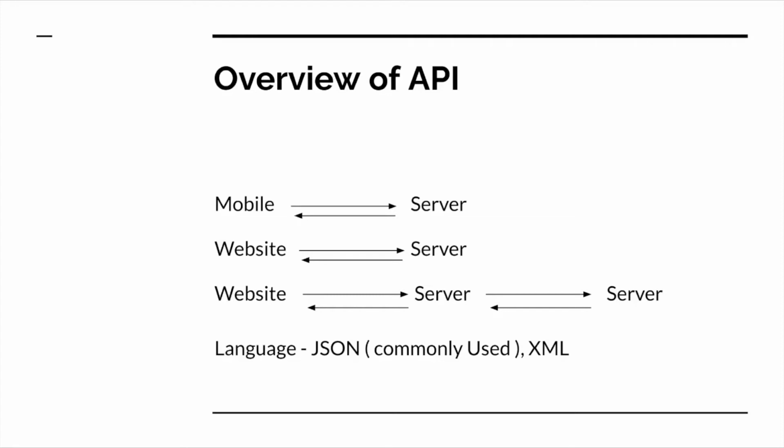All of these use cases are very common, and you can be very sure that you will be using it if you are accessing data over the internet. The way these applications communicate with each other is in a form of JSON or XML, like we use our native language that humans can understand. Similarly, JSON or XML are the formats that applications can work with. Now, this is a high level overview of API, and if you want to learn more about it, please check the description below.